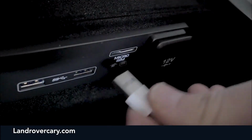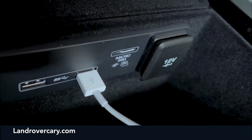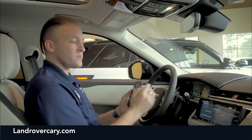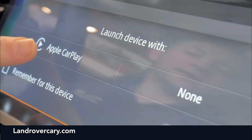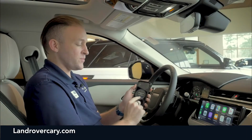So you must have your USB cable with you and connected inside of your console. Once it's connected, you'll take the cord and plug it into your actual phone, as you see right here. Once it's plugged in, you'll get a prompt on your screen here to actually use Apple CarPlay. So you tap on Apple CarPlay, you'll get a notification on your phone to allow, and you would press allow